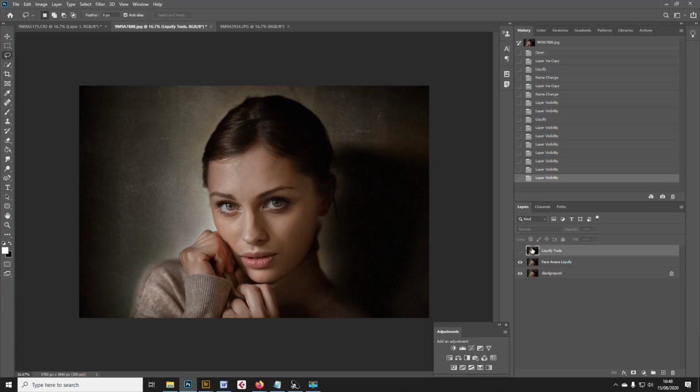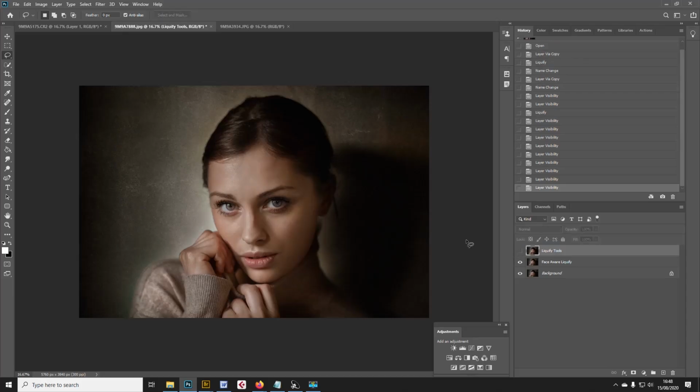And with this pass, which was using the Liquify tools, we've really just addressed this line here, and also this line on the nose, which we've just improved slightly. Okay,